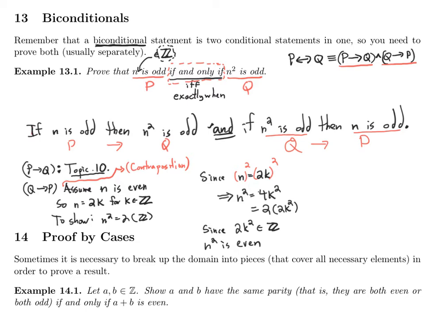And that's all I want to talk about for biconditionals right now. Again, there's nothing too new there. Just remember that if you have a biconditional, there are 2 different proofs you need to do. Let's move on to the next topic, topic 14,